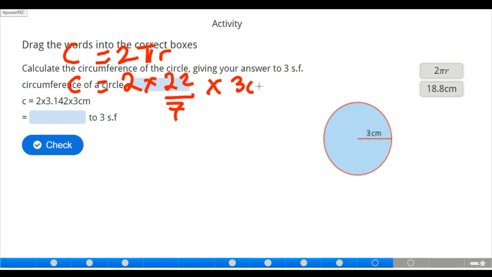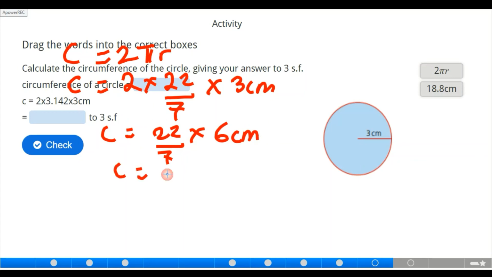That's 3 centimeter. Now, if that is the case, we have C to be 22/7 multiplied by 6 centimeter. Now, what is 22 multiplied by 6? 22 multiplied by 6 will give us 132 centimeter. Remember, we are dividing by 7. So if we divide that by 7, we are going to be having